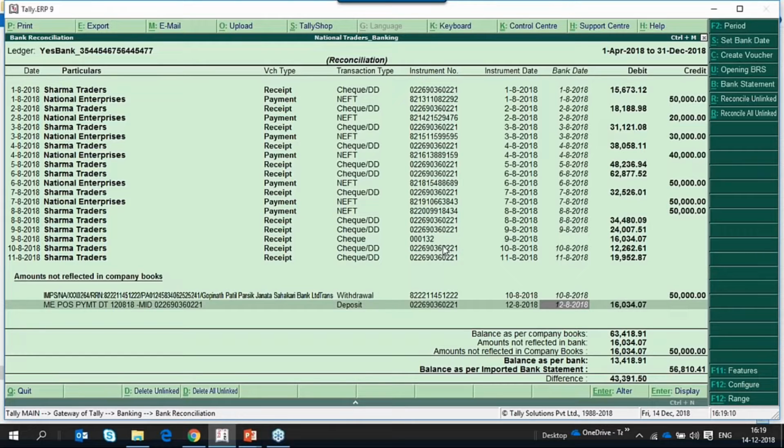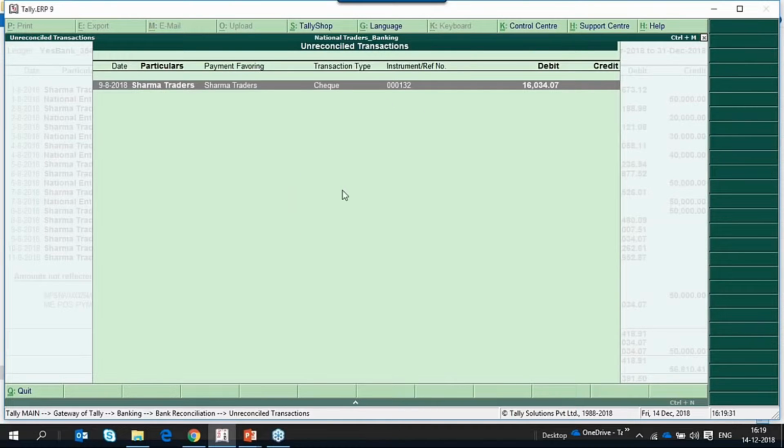So if you want to reconcile this transaction, which is additional, you can select this transaction, take the cursor against it and press reconcile unlink. This reconcile unlink will take us to the reconciliation of that particular transaction. It will list out all the transactions with the same value.